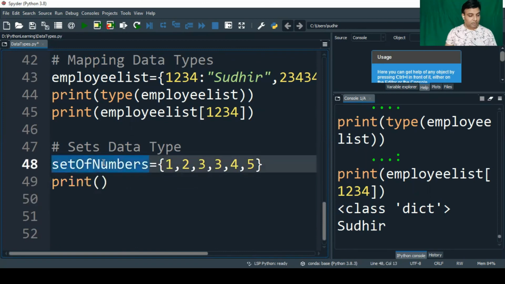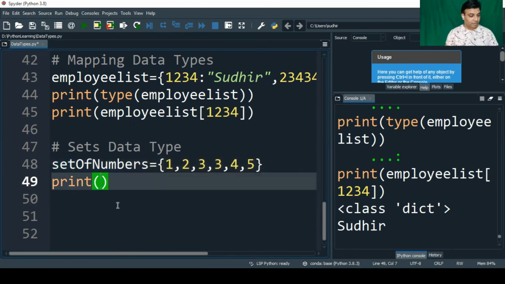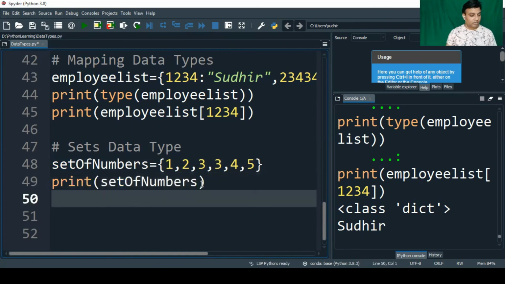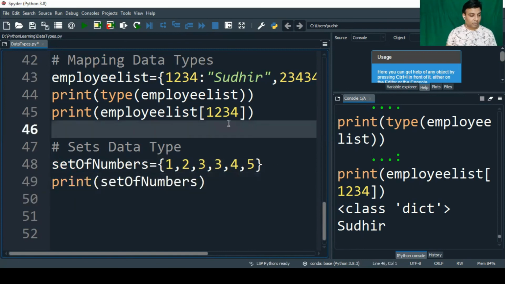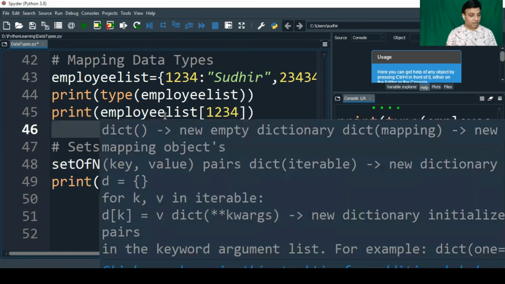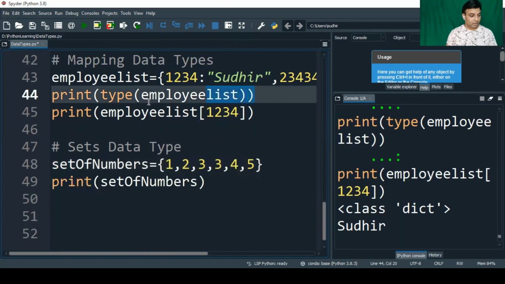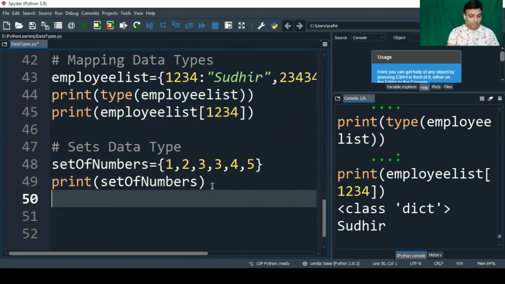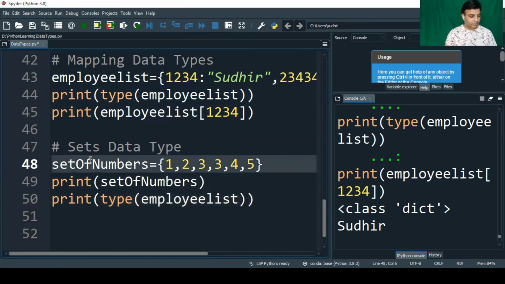I'll keep the variable set of numbers. Let's check the output, along with the data type as well. So I'm just going to copy this statement over here, and I'll simply copy this variable name.